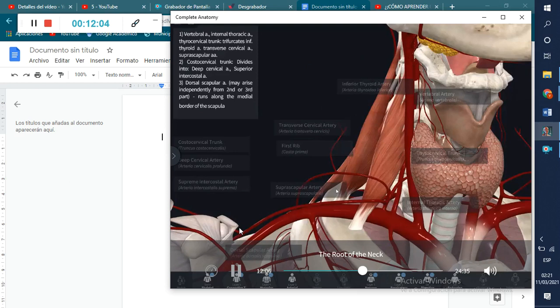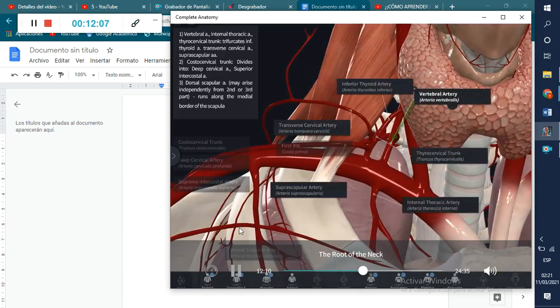Usually the first part of the subclavian artery has 3 branches, and that will be your vertebral artery, your internal thoracic artery, also called the mammary artery, and then this here, which is the thyrocervical trunk. The thyrocervical trunk actually then bifurcates, as you can see here,